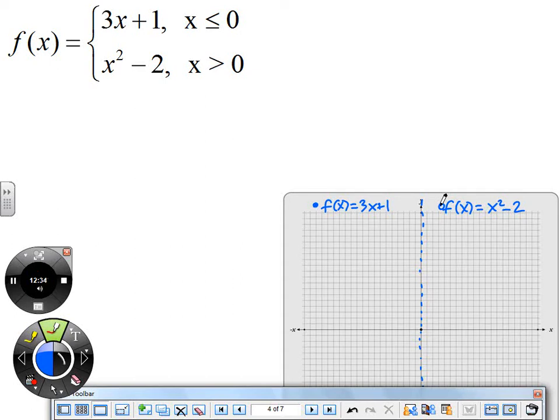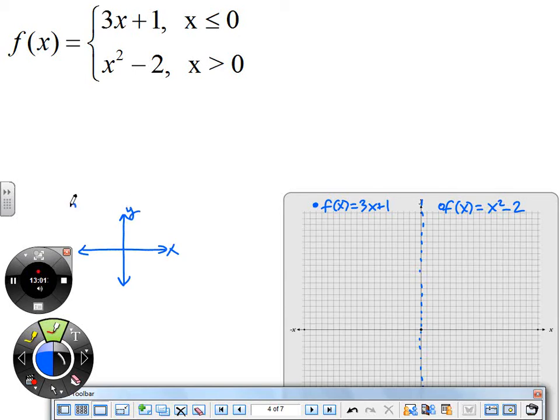A line. And on the right side? Part of some parabola. Okay? And so you guys have a few ways that you could go through graphing these. Now, for lines, normally you like to use slope-intercept form. And you can either graph them right on the graph, or, because sometimes the boundaries get a little bit difficult,